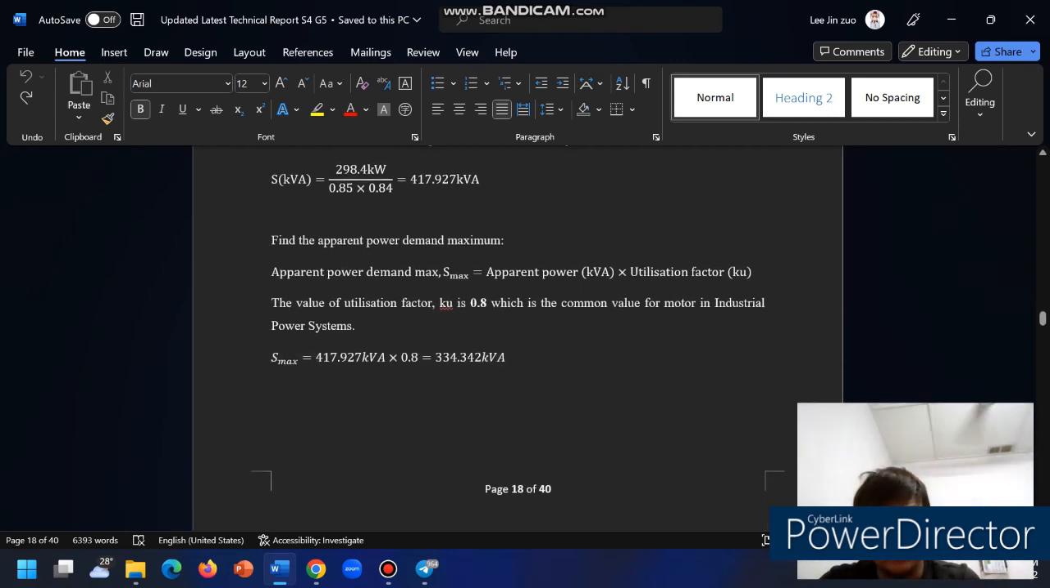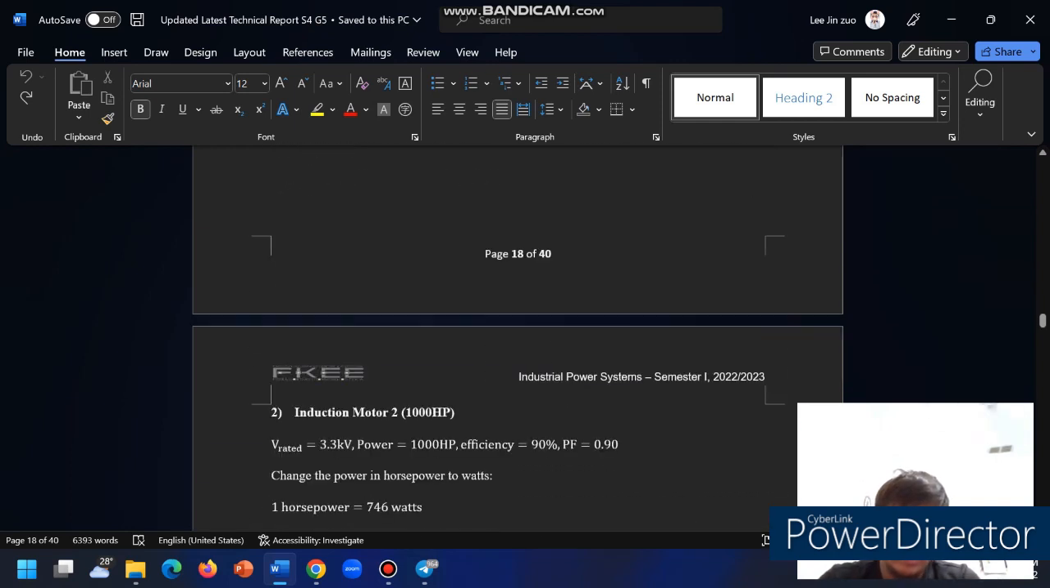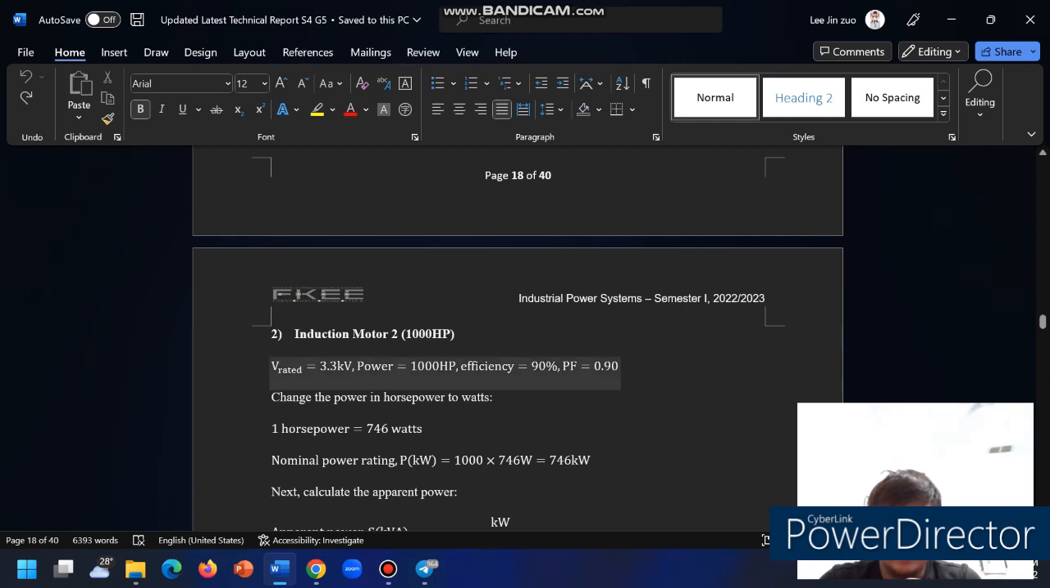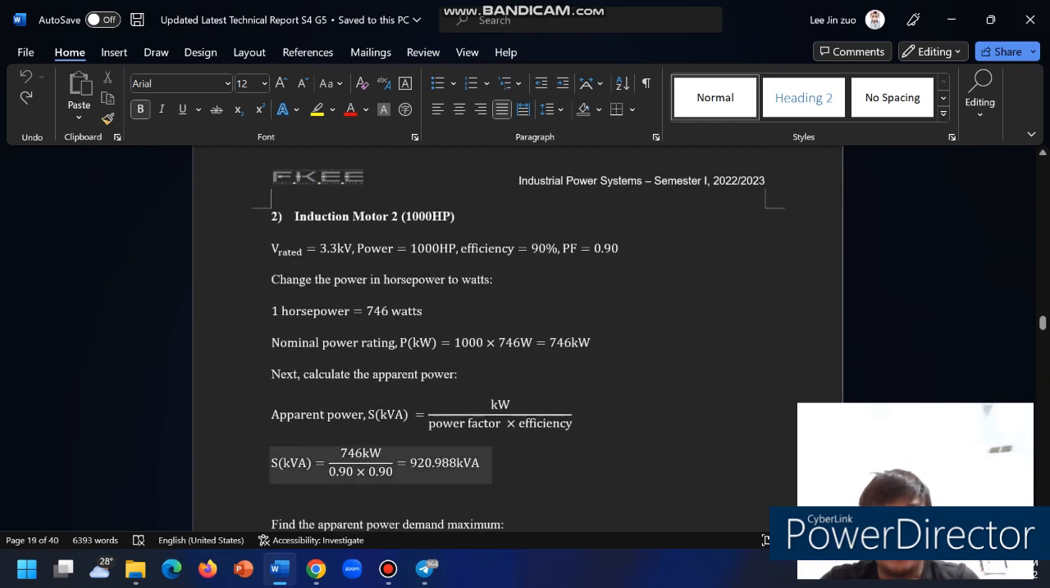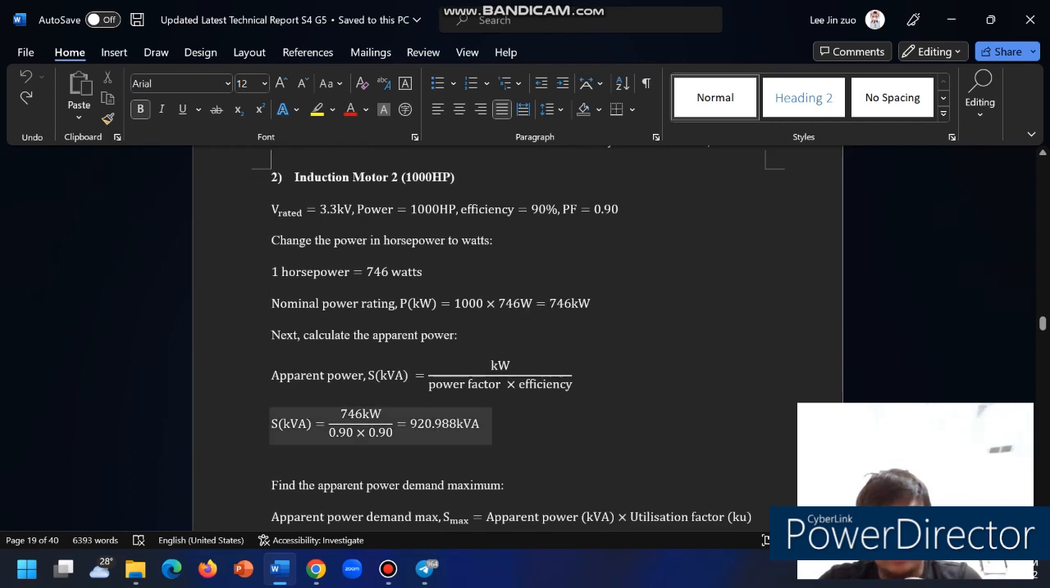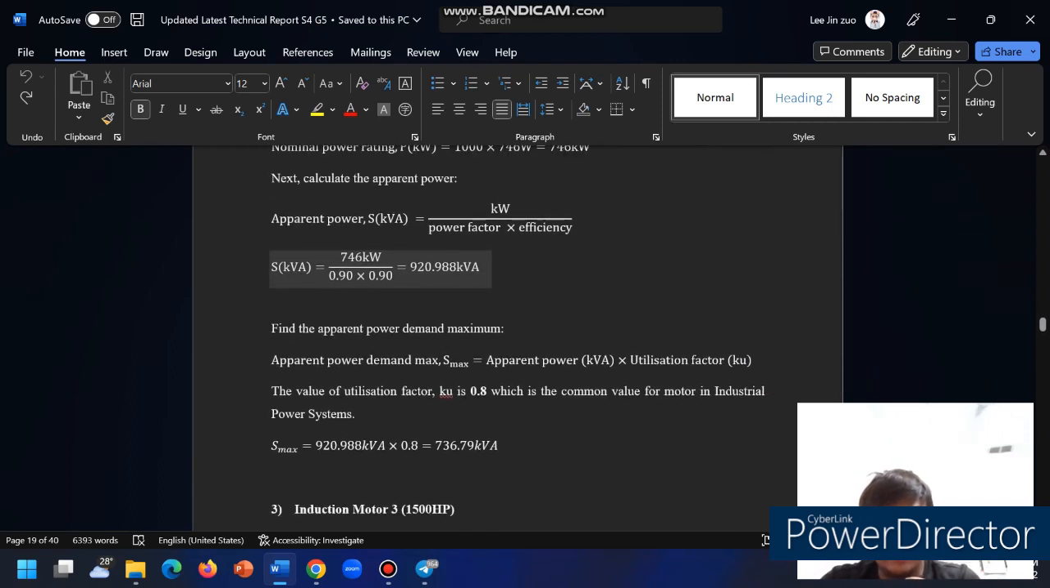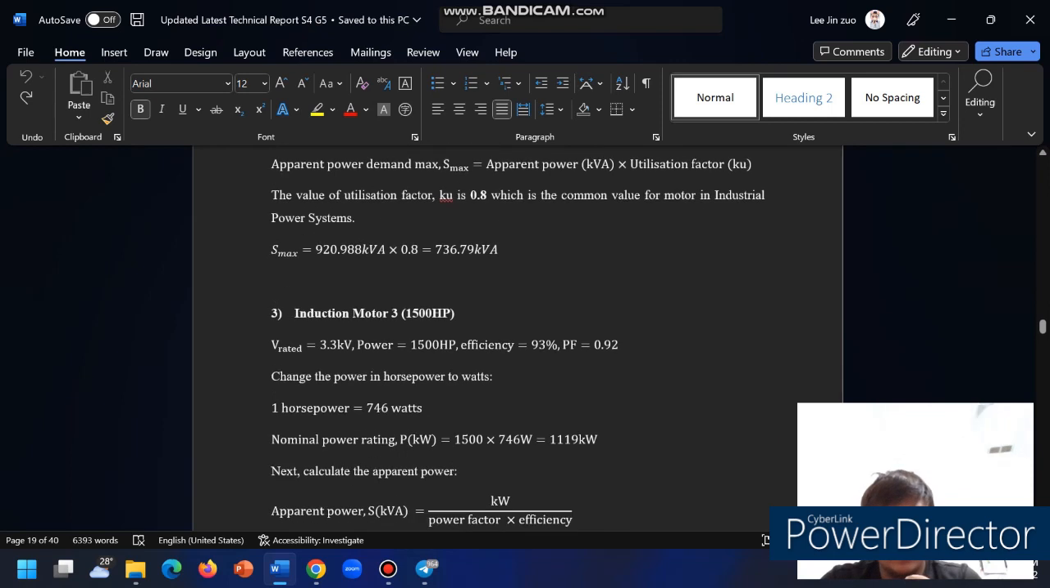And then the S max we will get is 334.342 kVA. And next is the induction motor with different horsepower, and the apparent power we get is this value, and the maximum will be 736.79 kVA. And third is the induction motor with different horsepower, which is